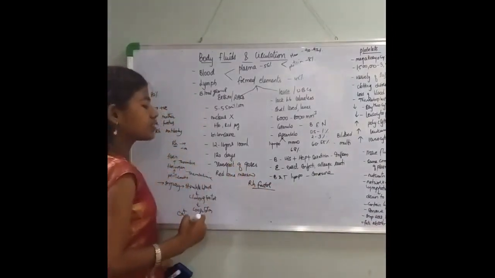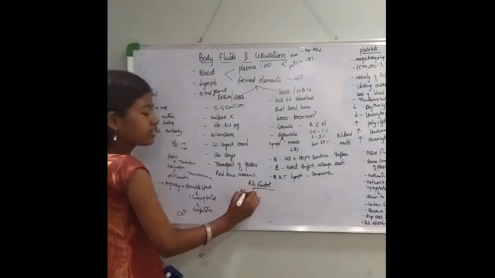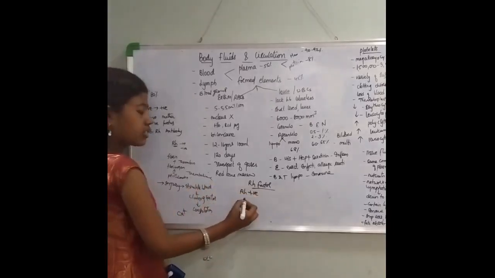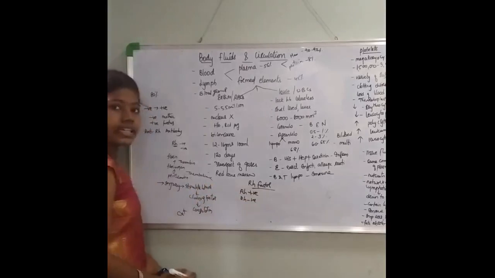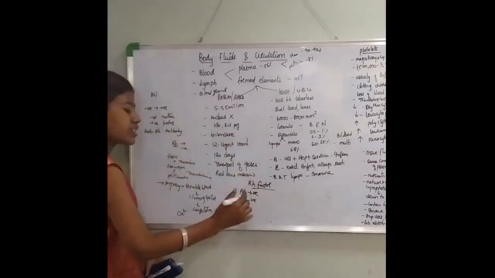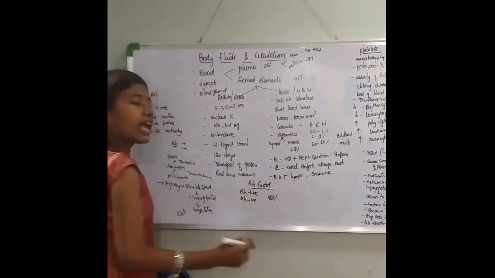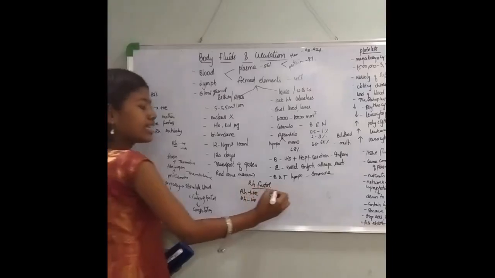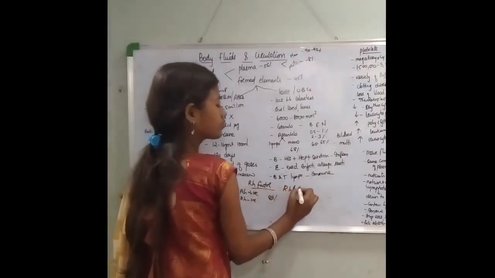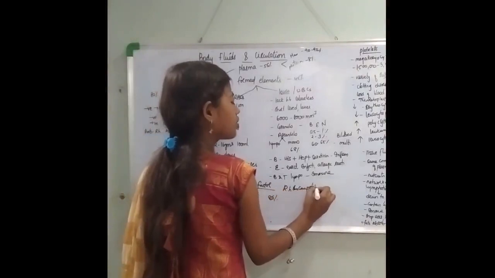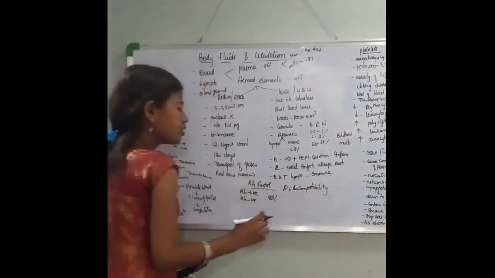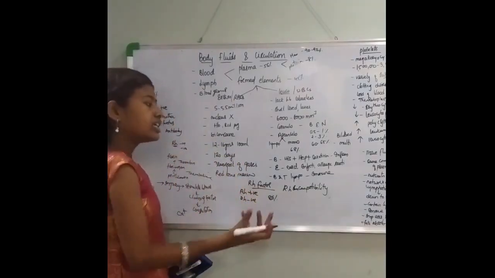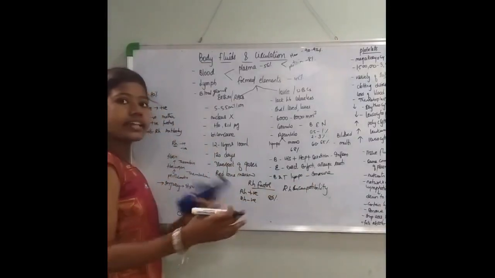Now let us discuss the RH factor. When you have the RH factor in your body, you are RH positive. When the RH factor is absent, you are called RH negative, right? So here RH positive and RH negative, and 80% of humans have the RH factor in their body. Now there is a condition called RH incompatibility, that is mismatching of the RH factor. So if you have the RH factor in your body, you are RH positive. If it is absent, you are RH negative. Now we'll deal with the RH incompatibility, that is RH mismatching.